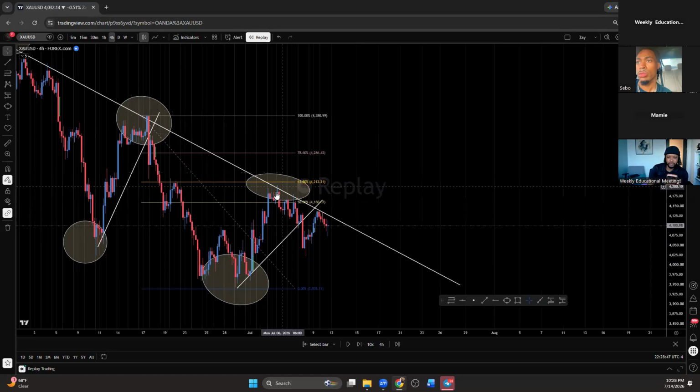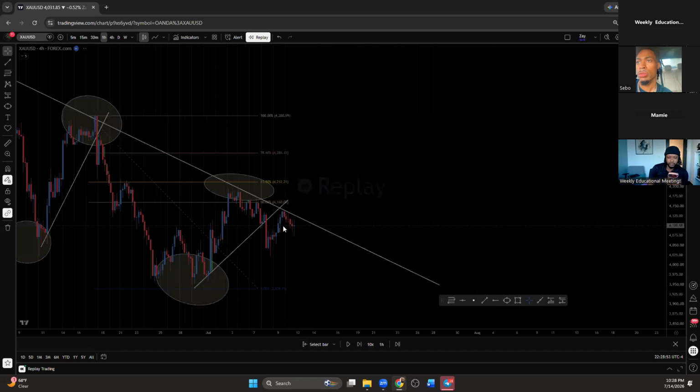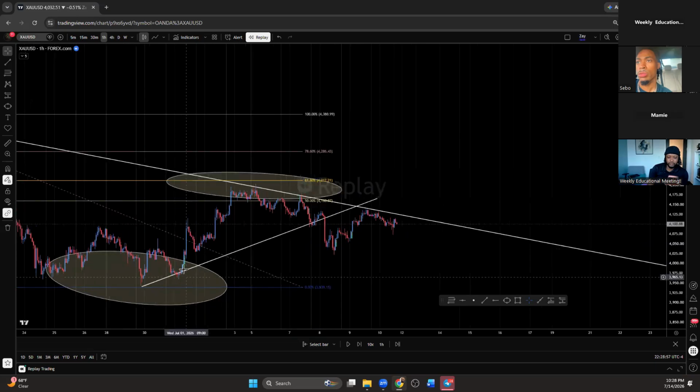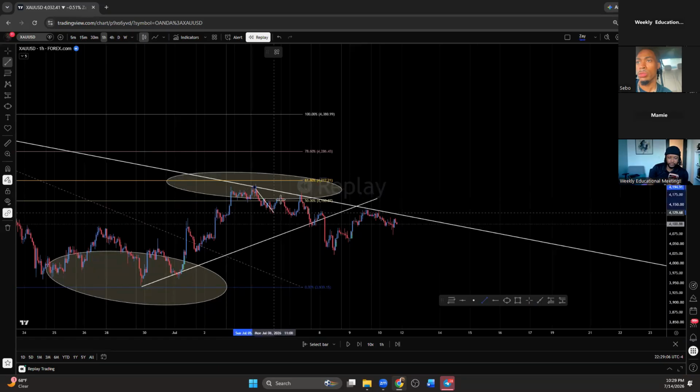But coming right here, creating this lower high, and then creating this, in my opinion, this is a lower low. If I go to the 1 hour time frame, which is when I draw this retracement trend line, I can see how we were getting higher low, higher low, higher low, higher low, higher low, higher low, and then we started shifting a little bit right here, right? After we got this higher low, we started shifting a little bit.